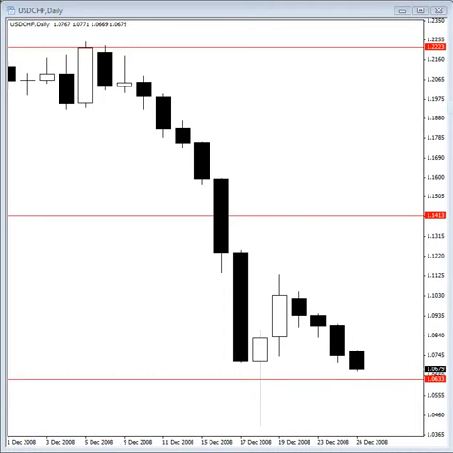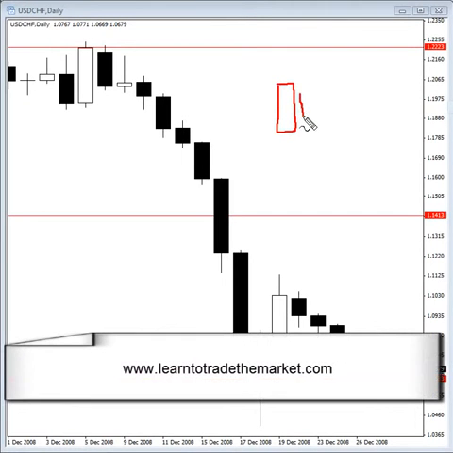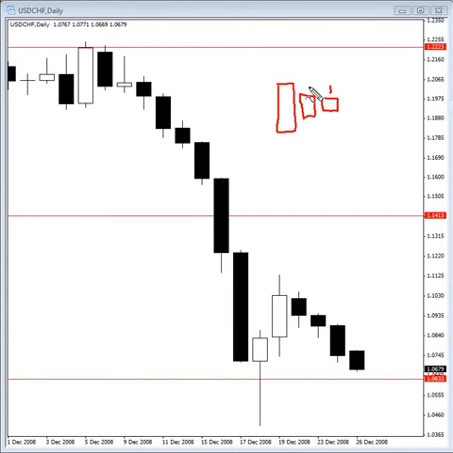I'd like to introduce you to the concept of inside bar trading. For those of you that don't know what an inside bar is, I'll quickly draw it for you on the chart. It's simply a bar that forms inside the previous bar's range or subsequent previous bar's range. For example, this bar here and this bar here would be inside the mother candle, this bar here being the mother candle. So if we look at a chart and identify these inside bars, we can trade them and make profits